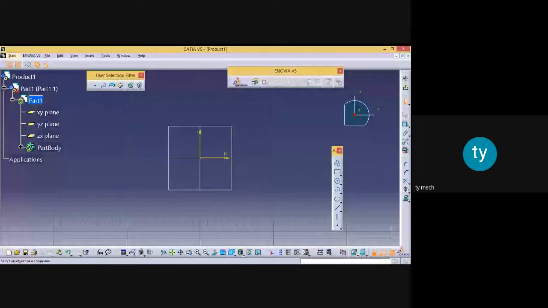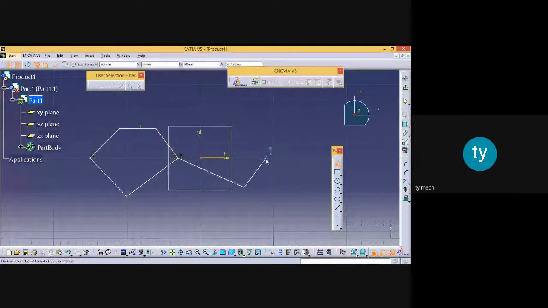Now I will show you the continuous line. So this is the profile menu. Now click on any point. I will click here, then I will draw a straight line, then once again a straight line, then another straight line. So in this way you can draw a continuous line, and you may continue like this. Now, while drawing a circle in the continuous line, you have to left click on the mouse and hold it.